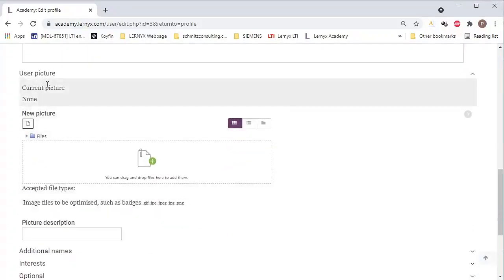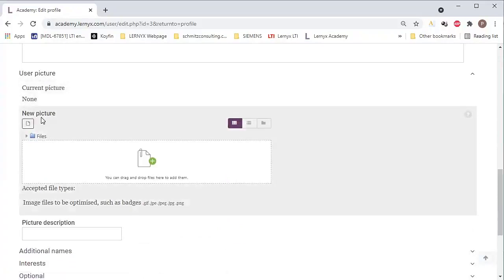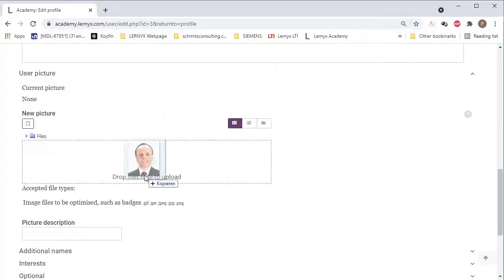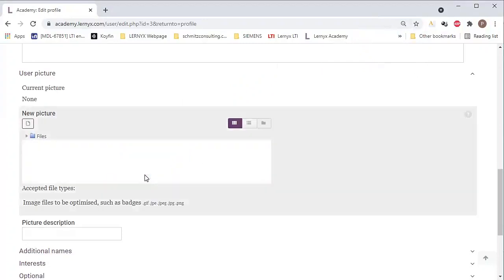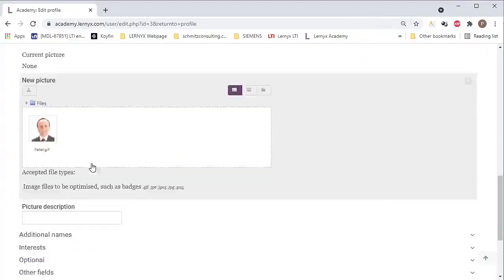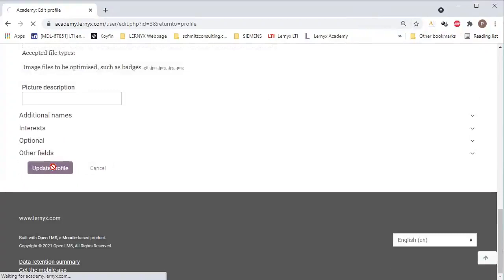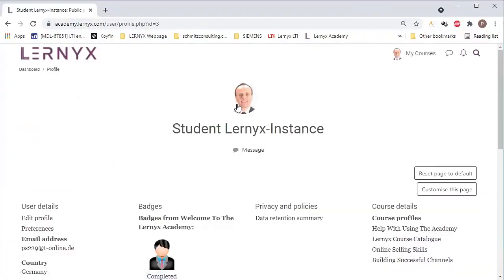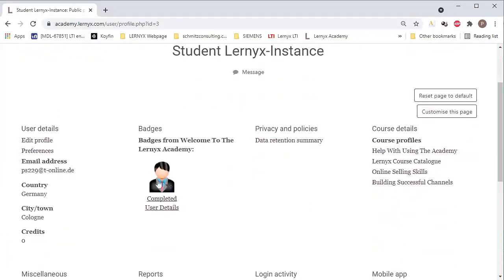And you can also upload a user picture here. The way to upload this is pretty simple. You just go to your computer with any good portrait of yours, and you just drag and drop that on this field here. And when I now update the profile, as you can see, people can see who I am and how I look. Now that is actually something we really encourage, and if you do that, you straight away get a badge